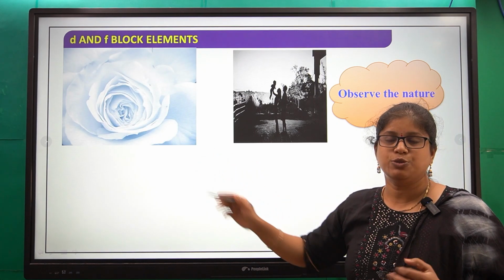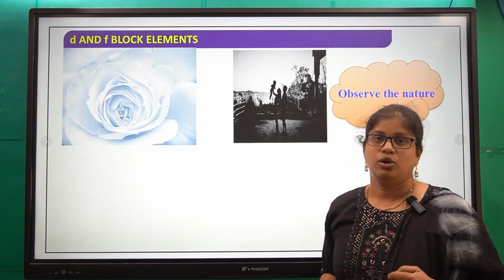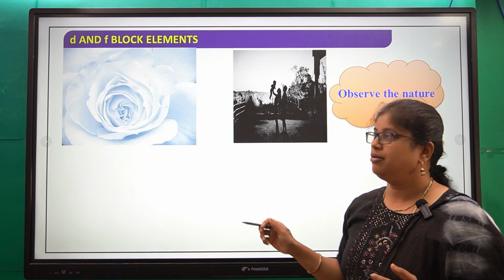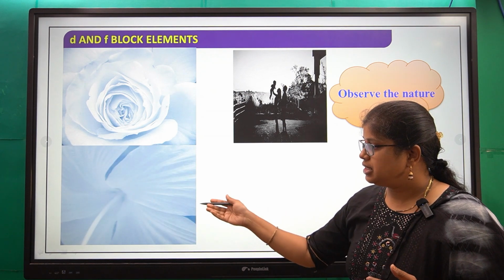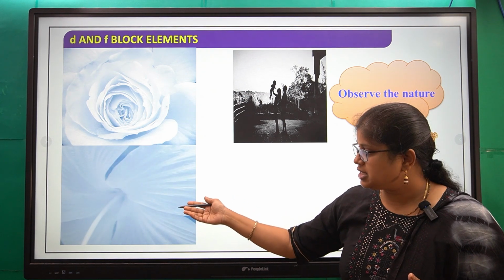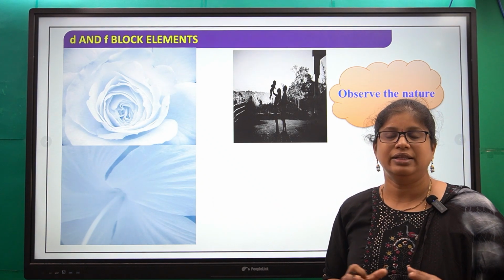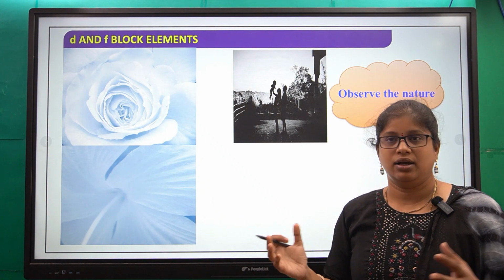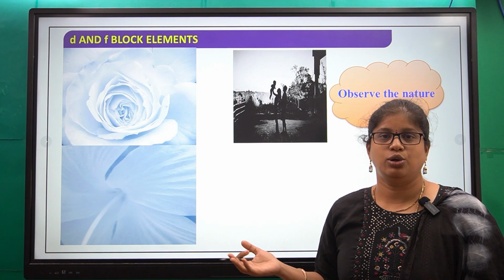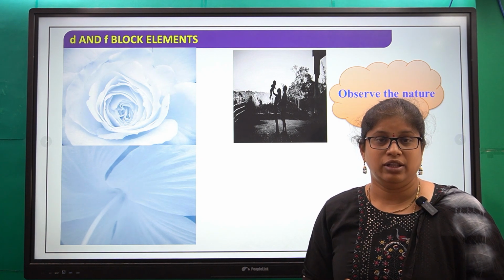Now look at this picture. Here, what is this? Rose. In which color is it? White in color. Next, here it is hibiscus. So it is also in white color. So like this, if all the things are in white color, like walls, chairs, door, and even the bed sheet,